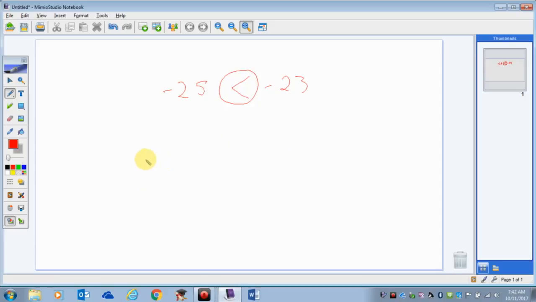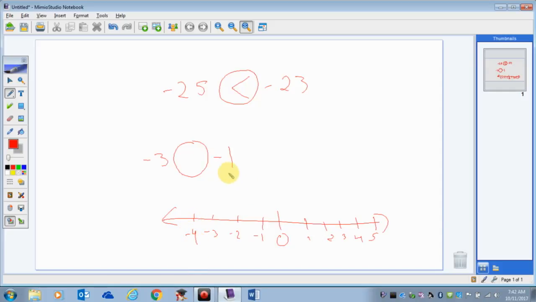So if I have negative 3 and negative 1, and I have to tell which one's greater than or less than, I look at a number line. So I draw up my number line, I put 0 in the middle, obviously 1, 2, 3, 4, 5 over here, and then I do the negative side. So I go negative 1, negative 2, negative 3, negative 4, and I mark both of these numbers. We've got negative 3 here, and I've got negative 1 here. So whichever one is further to the right on the number line is greater. So we obviously see that negative 1 is further to the right on the number line than negative 3,